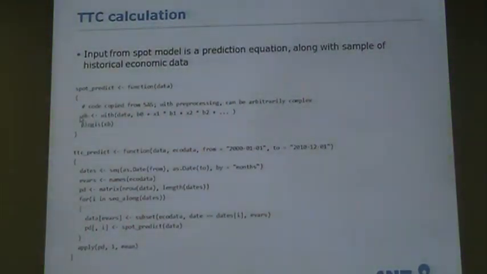Conceptually, my linear predictor is some big logistic regression equation. This can be arbitrarily complex because the models themselves can be pretty big. The through the cycle prediction basically uses this, substituting in different values of economic variables. So data is going to be whatever subset of my economic data is for a given point in time. I'm going to calculate my PD for that point in time, and I'm going to take the mean over different points in time.